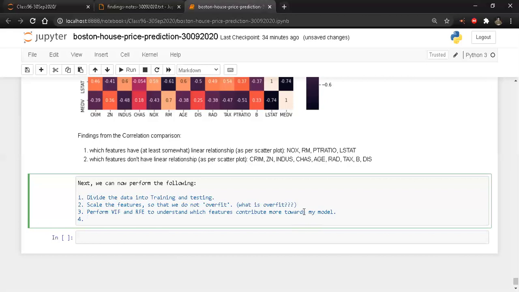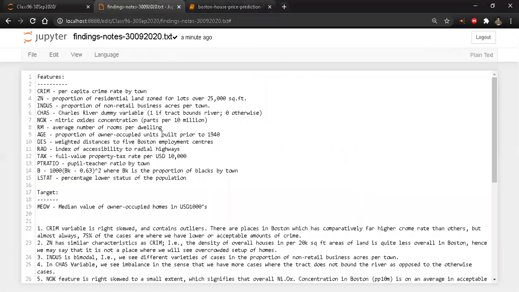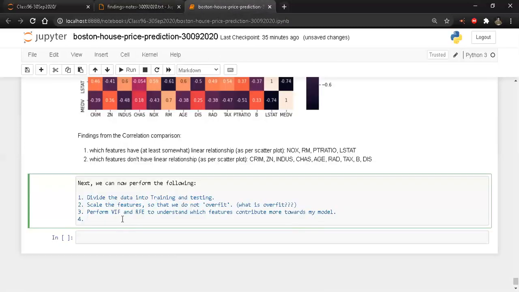We cannot only rely on correlation because correlation does not mean there is a causation. Just because we are saying that RM is very highly positively correlated, that does not mean that RM, the average number of rooms per dwelling being higher, is the cause of the price of house being higher. Are you getting my point? Correlation does not mean causation. That's the reason why we have to be very sure which features we are taking and why we are taking.